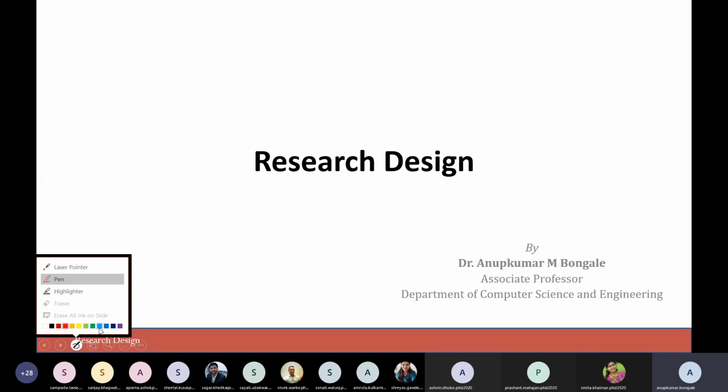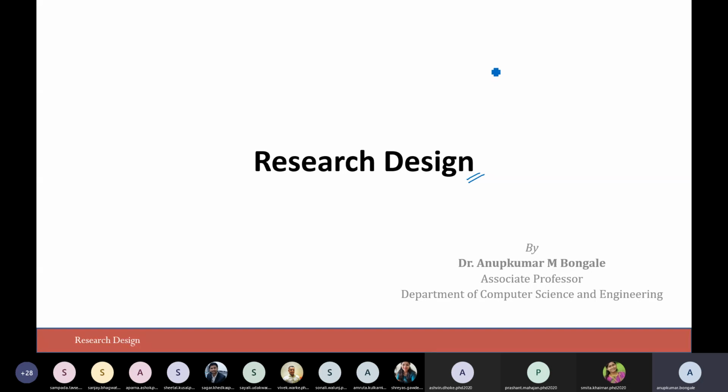Let me just take a pointer. This particular topic is quite an important topic for any researcher. It could be from any background, even if it need not be from an engineering background at all. If you have seen the syllabus, really good textbooks have been quoted in the reference section.